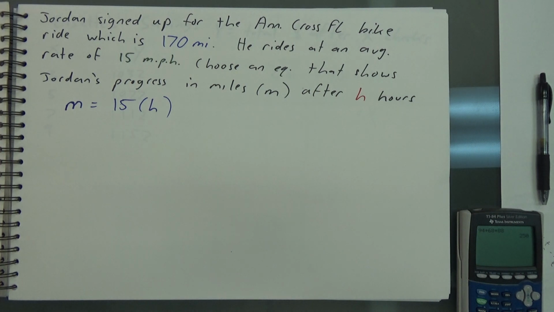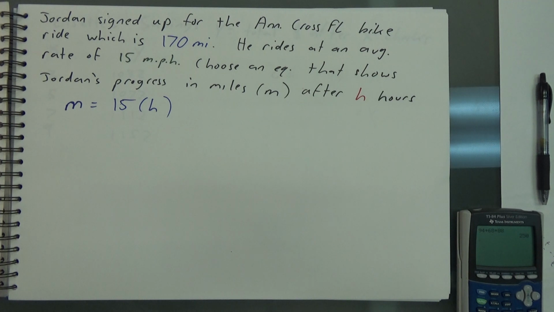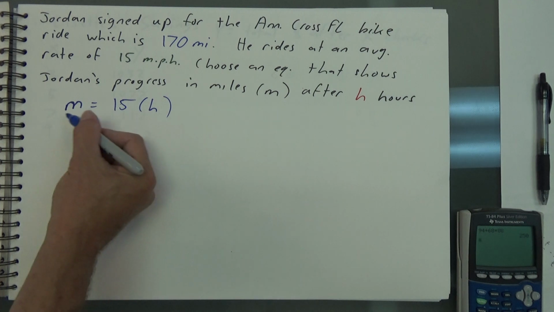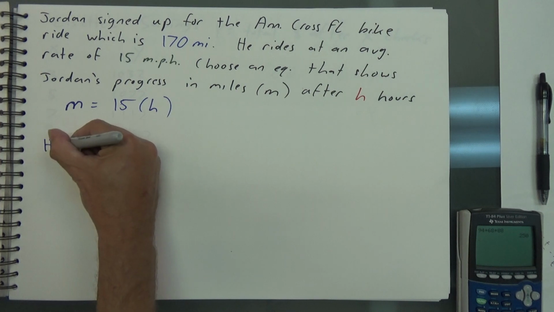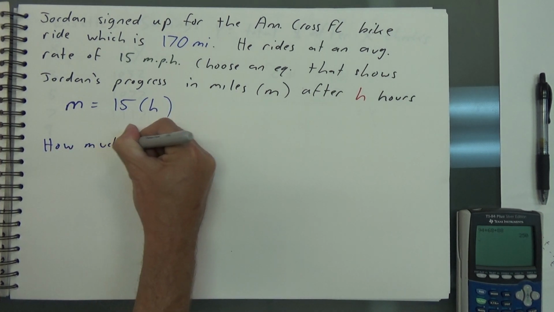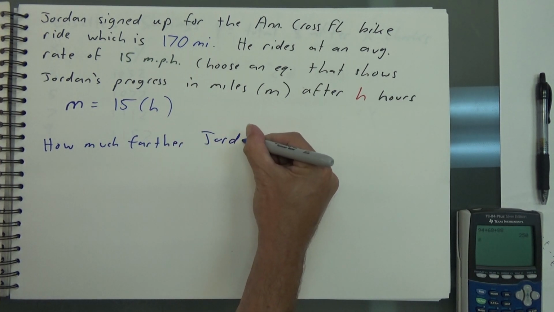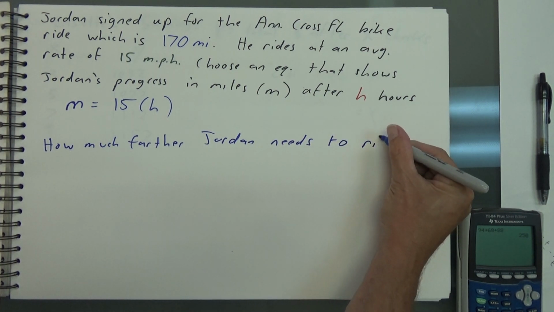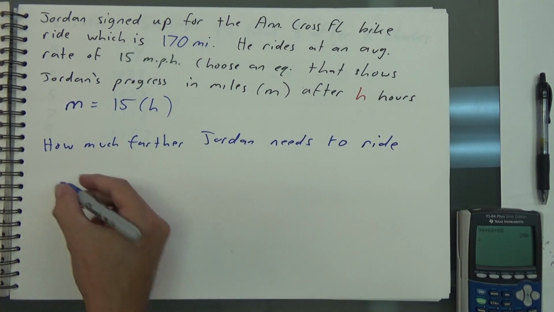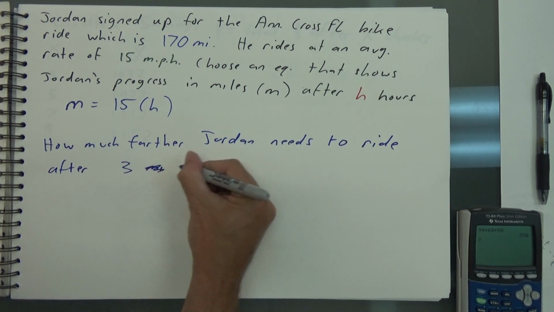So to answer this question, we don't really need to know that the race is 170 miles. Usually I want to be clear, that's the answer for this one. A lot of times, like if you want to know how much farther Jordan needs to ride, right after, say, 3 miles, after 3 hours,